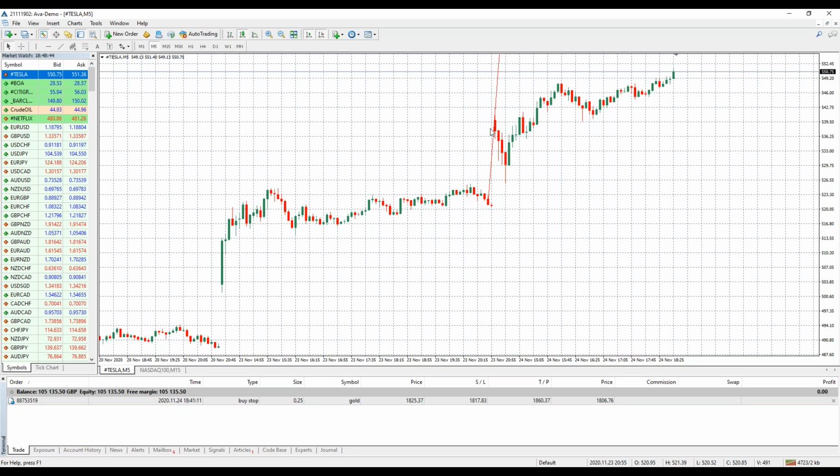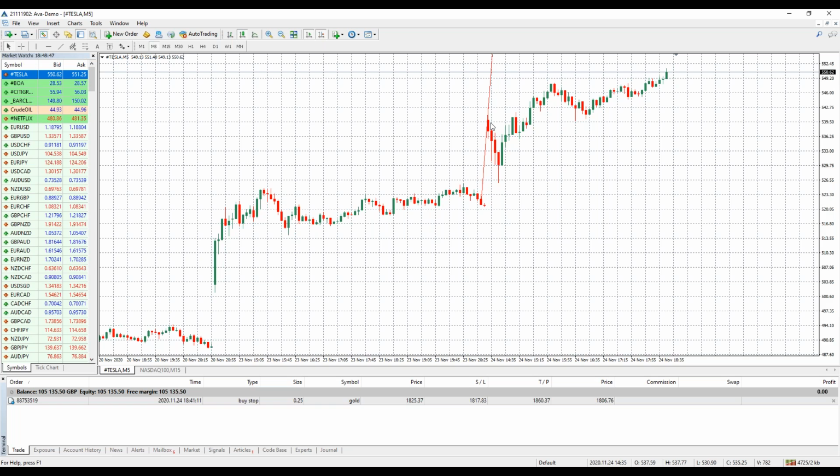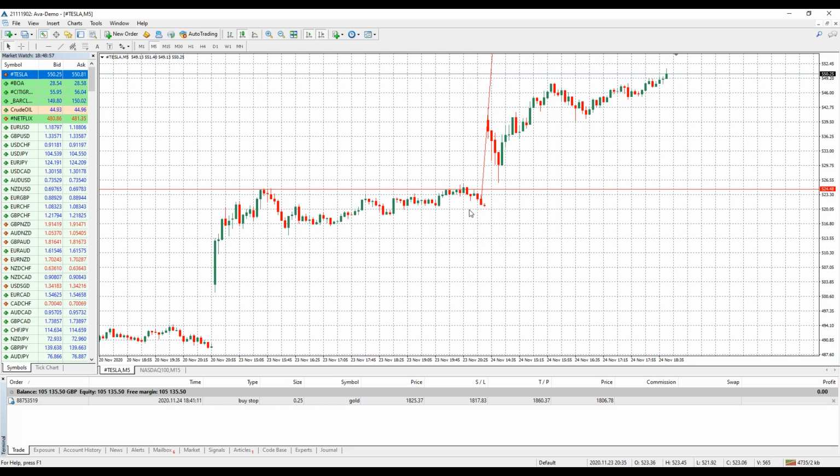If it re-enters the gap, many times it refills much of the gap, and that's what it did. It went almost all the way to the bottom of the gap. This was the top of the gap. It pulled all the way back. As soon as it got near the bottom of the gap, that's the spot to buy with the direction of the momentum, which was up with the gap. Buy with the momentum.